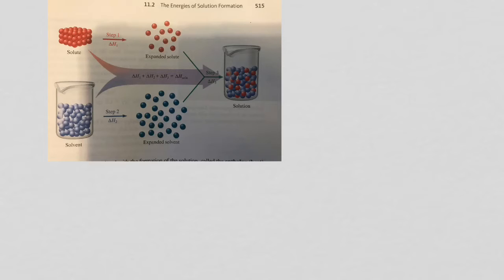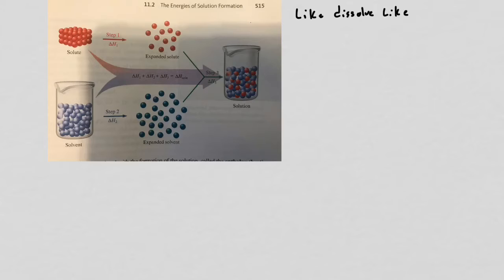This video is on the formation of a solution. And what you learned in 10th grade or 11th grade in regular chemistry or honors chemistry was a phrase, like dissolves like. And that works. And that works because the overall delta H for the formation of a solution in which